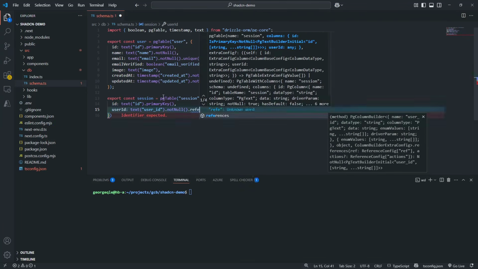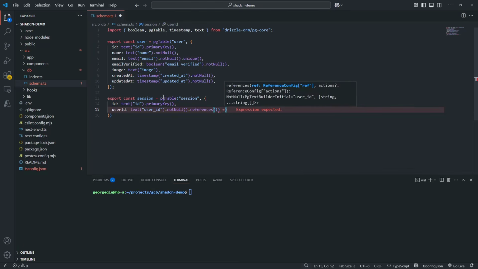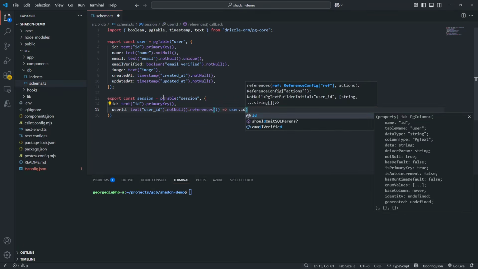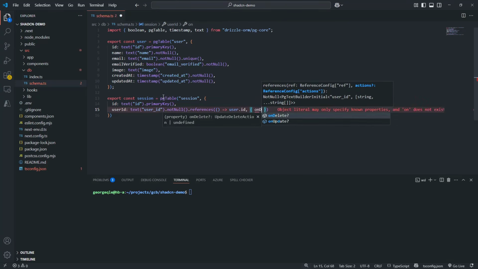And this is going to be a reference. We're going to provide a reference here to the user table and specifically to the ID. And we're going to have an onDelete